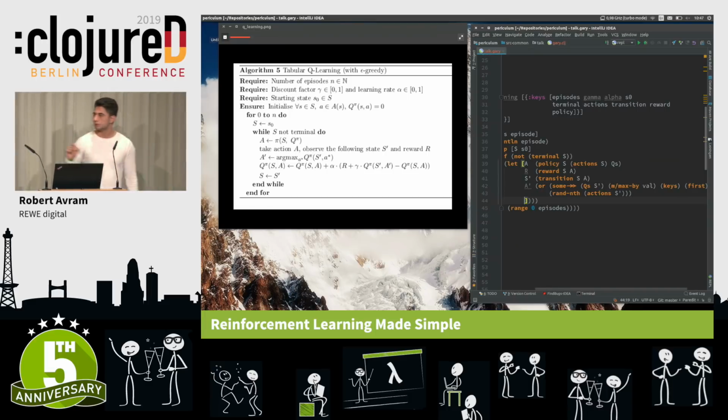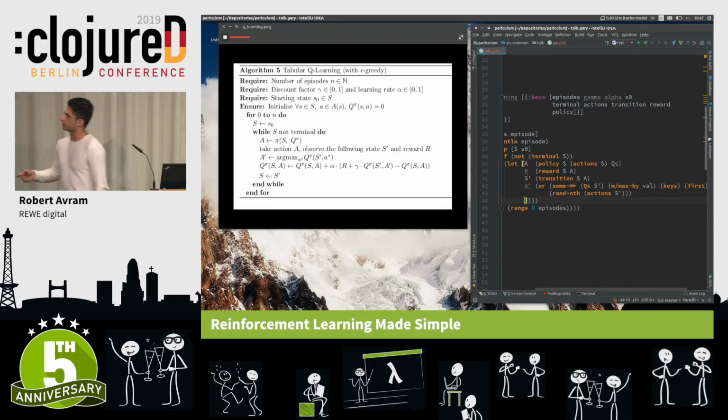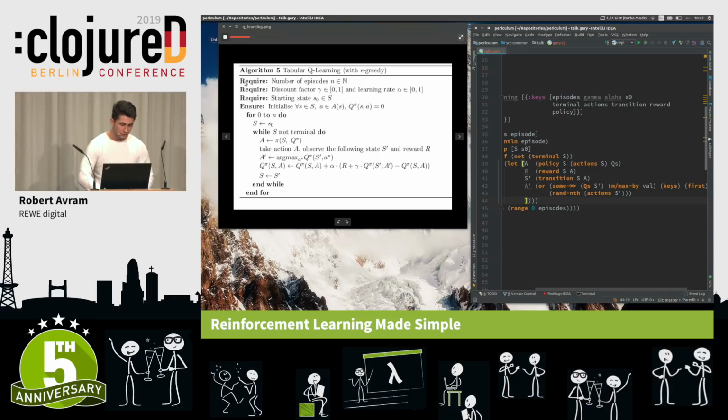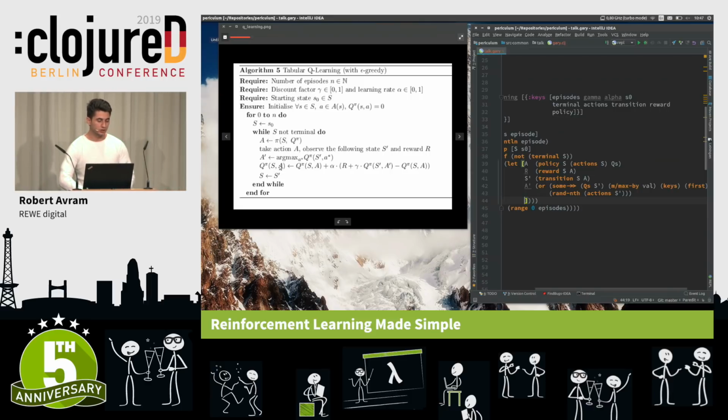And now comes the last line. Now comes the point where you have to update your experience. And this line basically says, in your Q values, at that state and at that action, just replace that value with whatever this is going to return. Now, I don't need to understand what this does because I have all the data that I need, so I can just write it down.